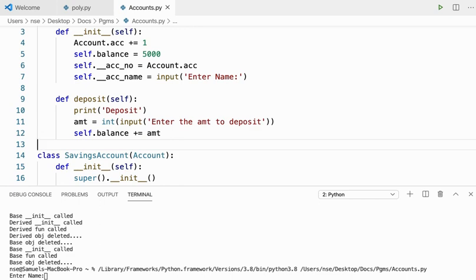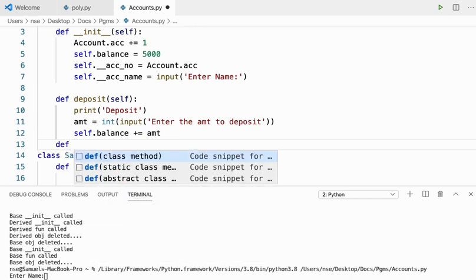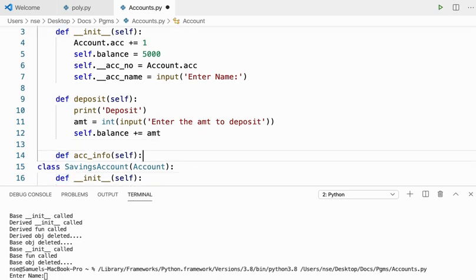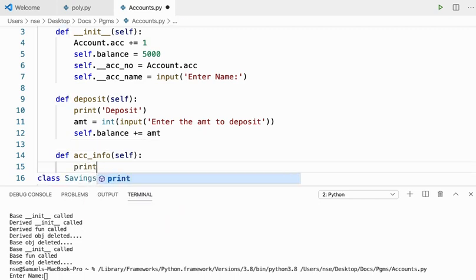One thing I forgot, I'm sorry, I forgot to get the information. So let me write a method called account info and try to print all the details, because without printing, what is the use of that? Without printing, you don't know what's happening there.